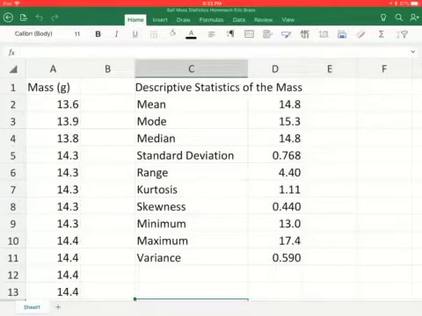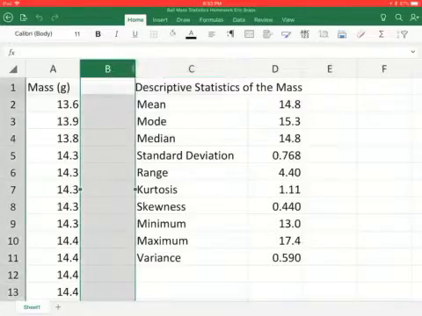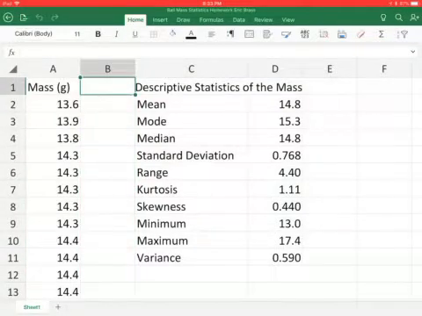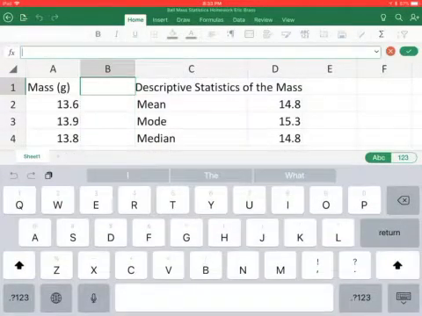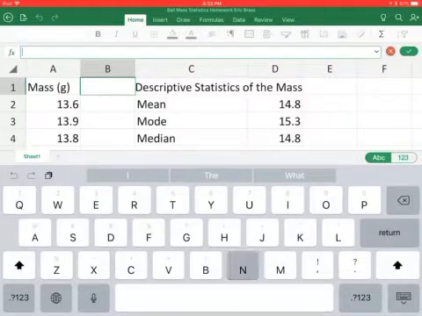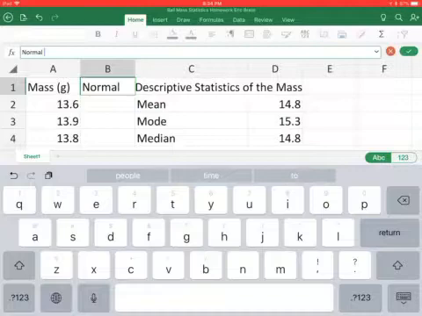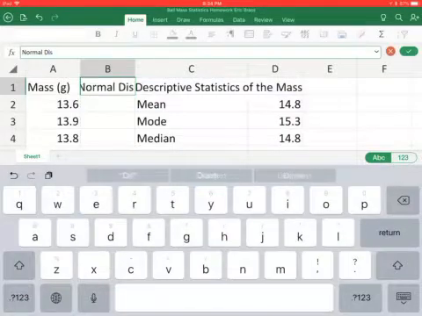Alrighty, we left off with descriptive statistics of the mass. We have the mass here. So what I want to do now is go ahead and draw a distribution curve, and it's going to be a normal distribution. So here we go. I'm going to type in normal distribution